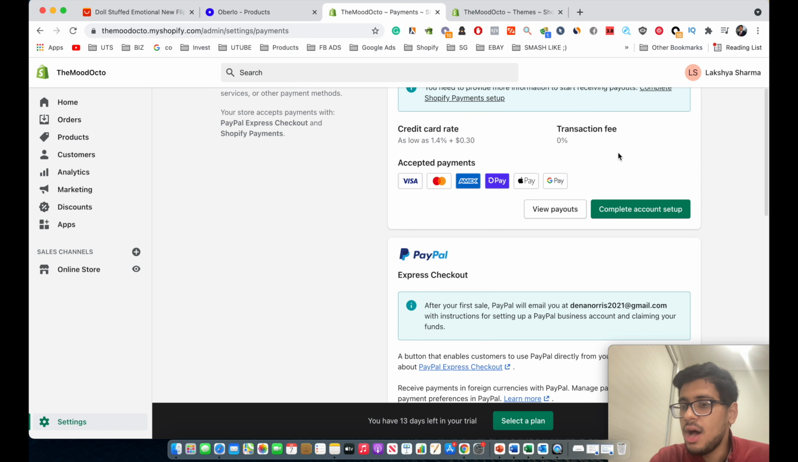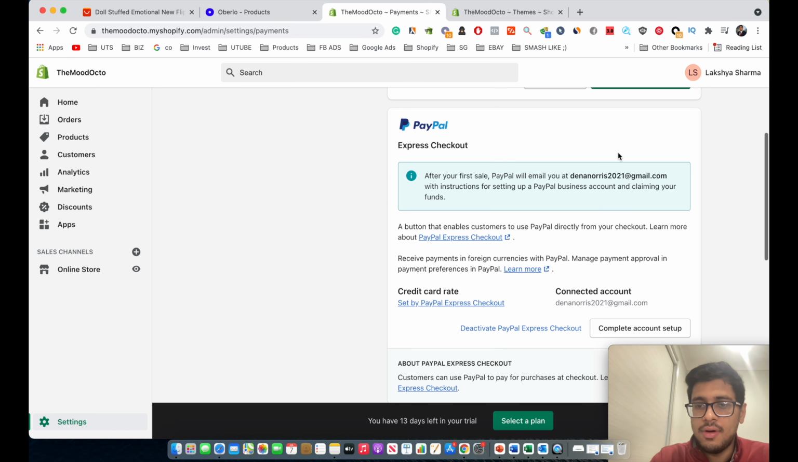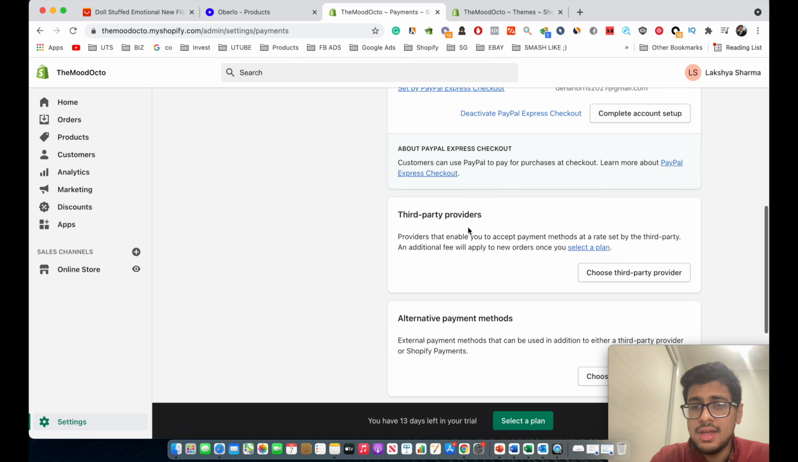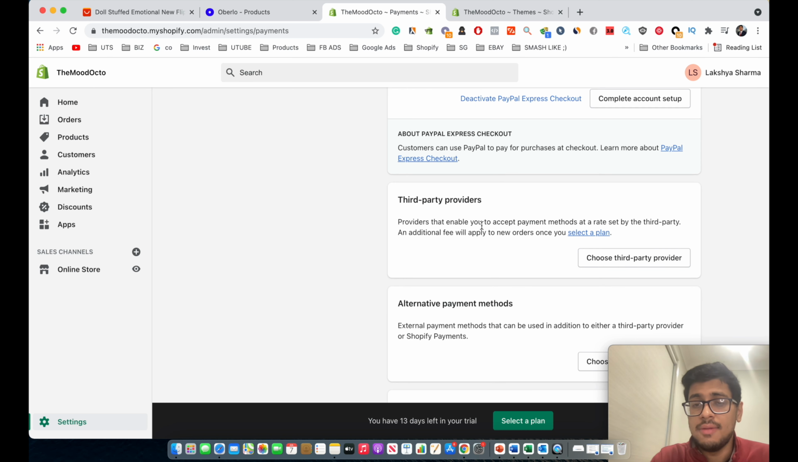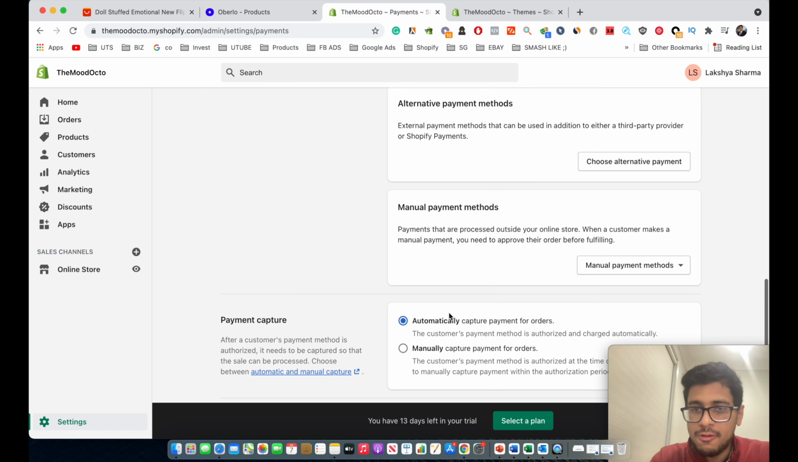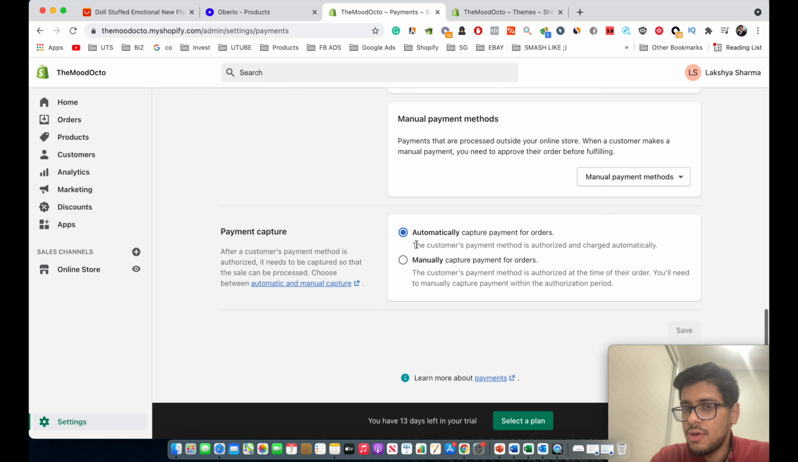This is basically how you'll be paid after you get an order. Secondly, you can set up the PayPal Express checkout if you like. Thirdly, if there are any other third-party providers you want to use to accept payments in your countries, you can do that by selecting this specific option. For payment capture, make sure it's always on automatically capture payments for orders, so that you actually